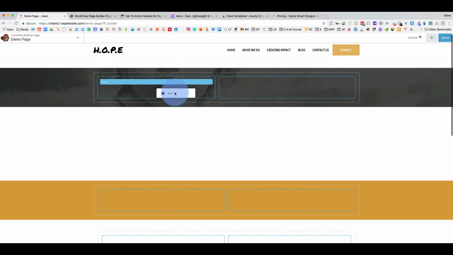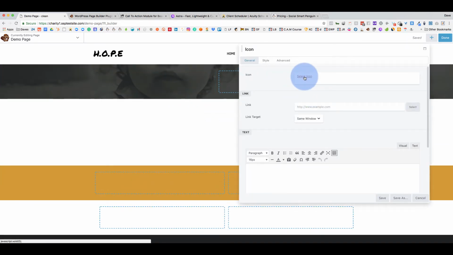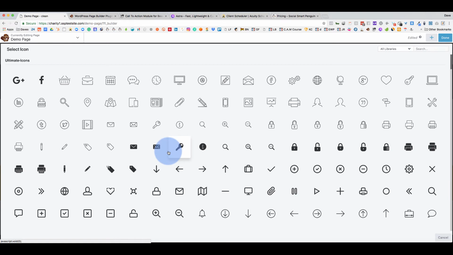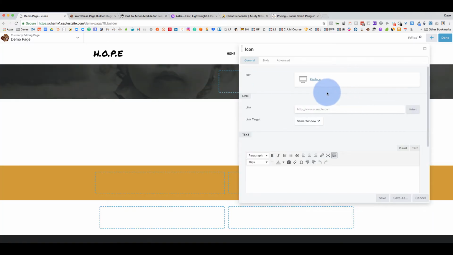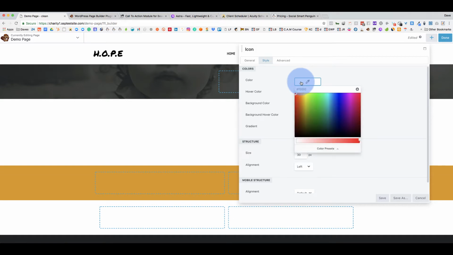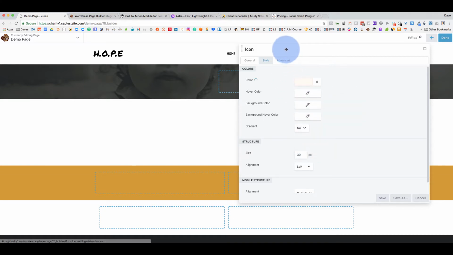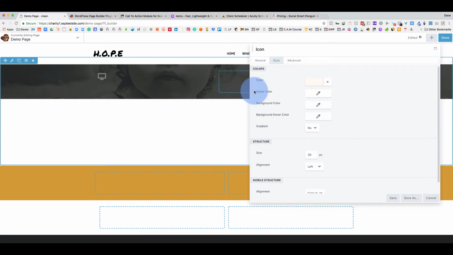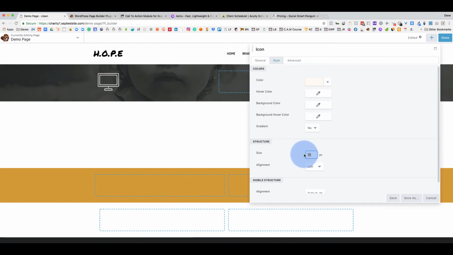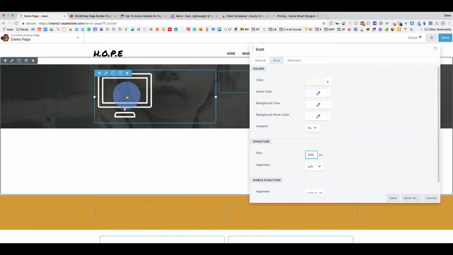If you just needed a quick icon somewhere, you can pull up your icons. We need this in a light color so we can see it. There we go. Size, we can change that to whatever size you want. I don't know if you guys can see that. Go huge then. So if you needed a quick icon somewhere,